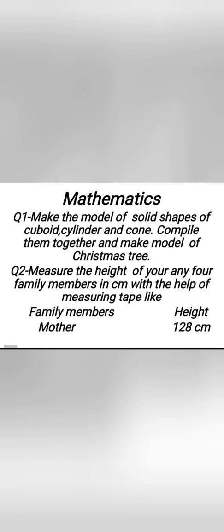Like here it is given how you have to write this on an A4 sheet. You will make a column for family members, and next, height. So in the family members column you will write the name of family members, and in the height column you will have to write the height of those family members. Your next homework in maths is 3. Write these sentences on an A4 sheet and fill in the blanks. Your fourth homework in maths is to learn table of 16, 17 and 18.